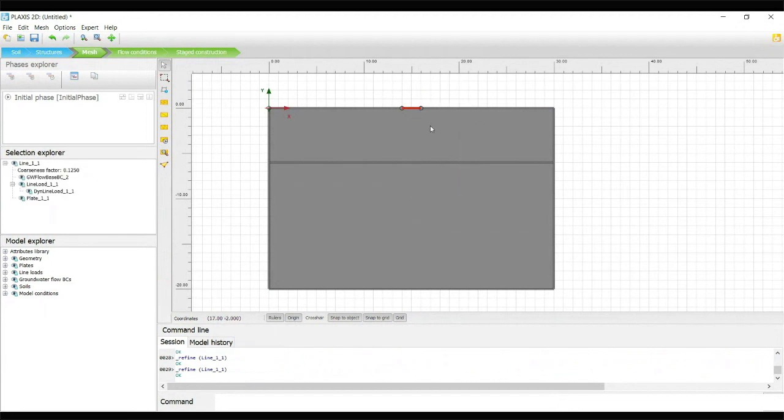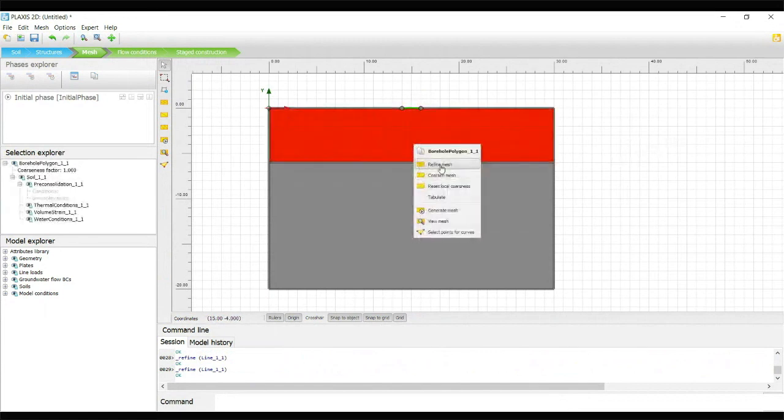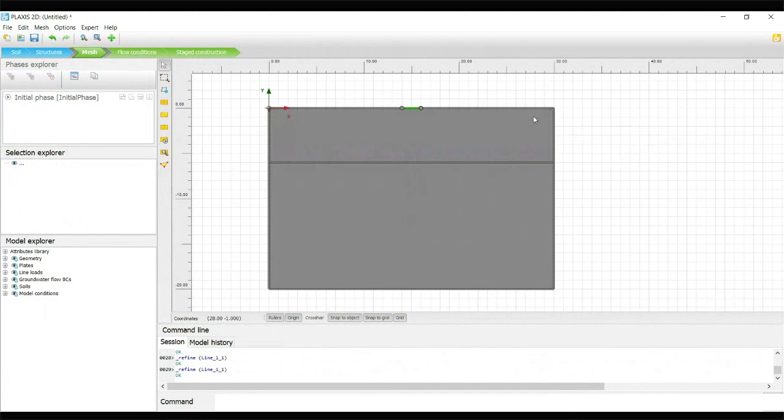Again, if you click 1/3 plus 50%, now 0.25 to 0.125 it is changed. So here we can control the finer mesh by selecting any object. You can also select this soil and refine, or you can define the coarseness factor. You can change here. So like that we can modify the mesh properties. So this is the refining option.